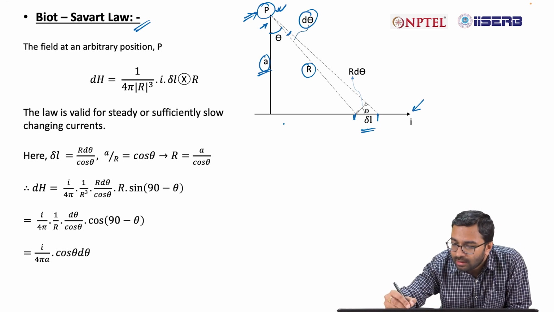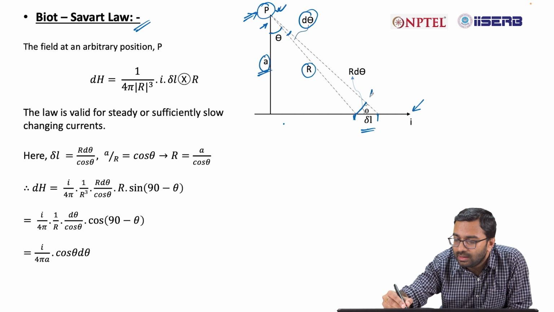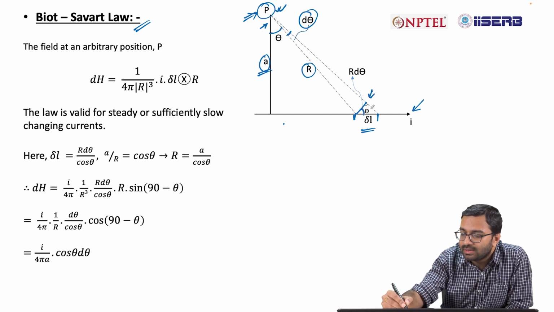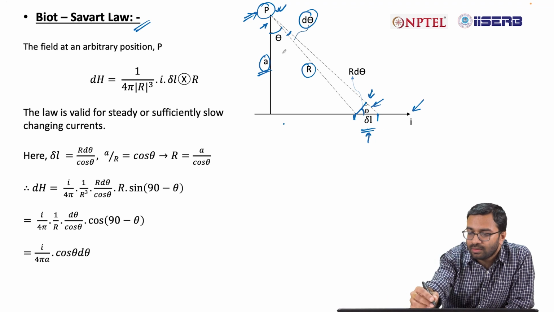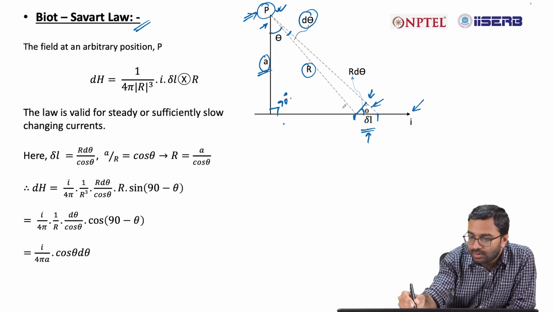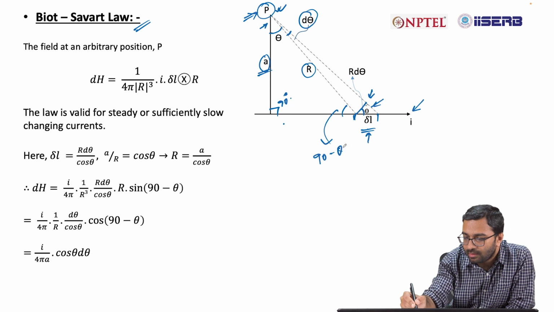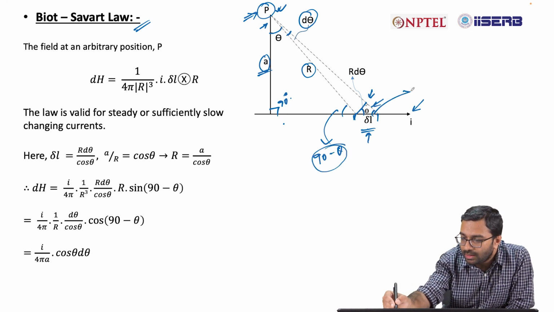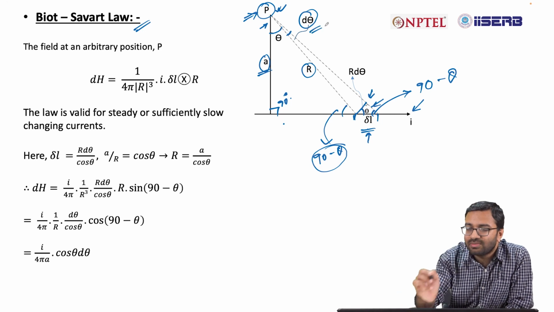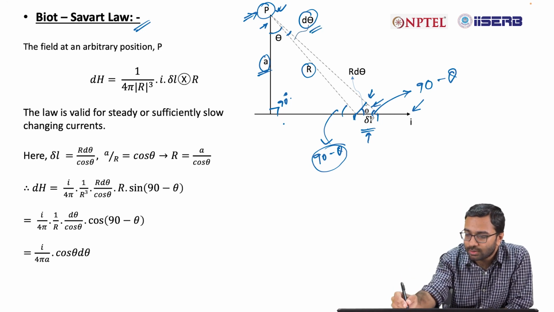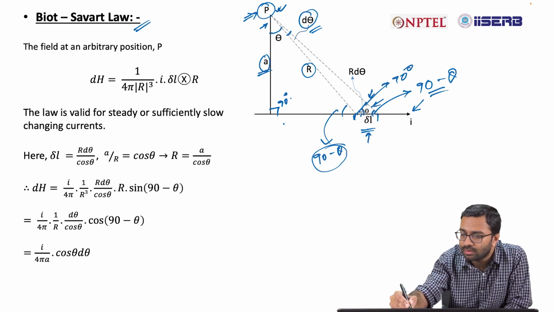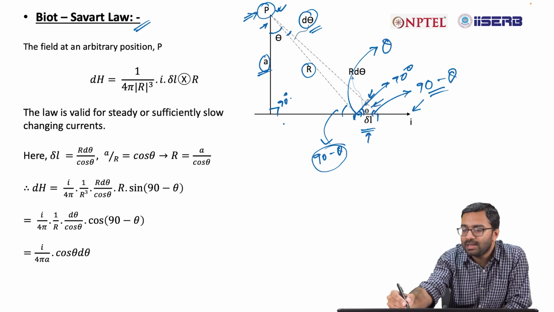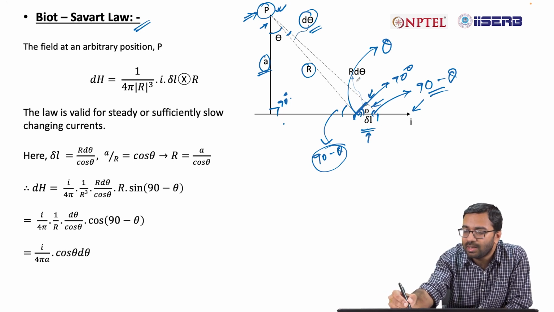Now, if you take a perpendicular line here, you will find the angle here is nothing but theta, because del L is a very small cross section. You can consider, say, this is 90 degree. So, this angle is 90 minus theta. Now, you can consider this also 90 minus theta, because d theta is very small, and del L also is a very small cross section. So, if this is 90 minus theta, this is 90 degree. So, ultimately this angle is also theta. In that case, this line will be r d theta,